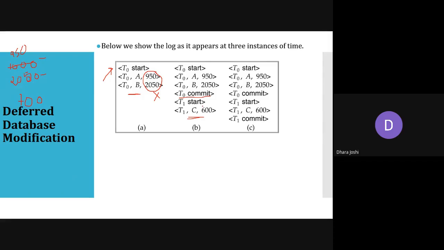Now we are going to the third case. Here T0 is committed as well as T1 is committed. We need to take care of two things. If we have start and commit for T0, that means we are able to perform the updated value into the database. And here we have T1 start and T1 commit. So this value is also updated into the actual database.